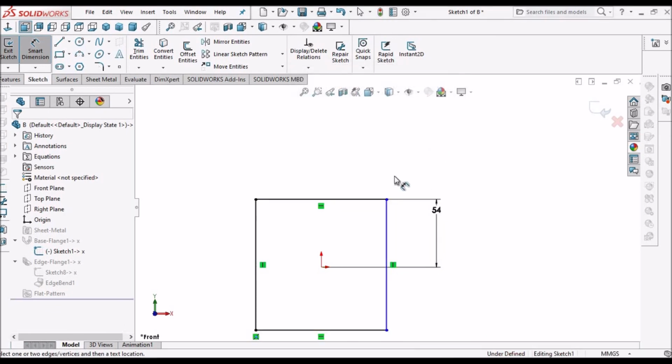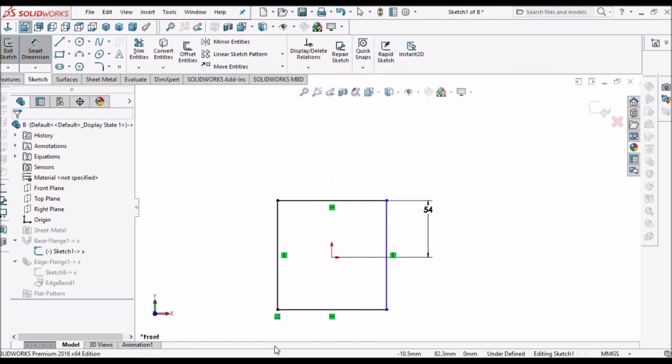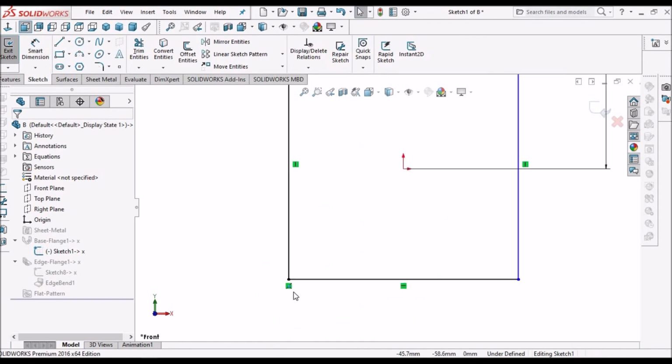Cancel it. Now we have to remove the other coincidence also. Remove this.